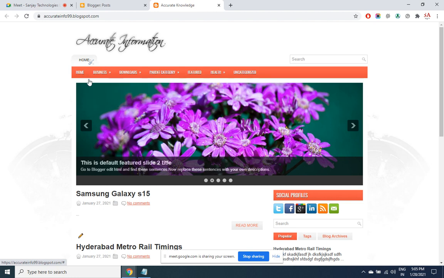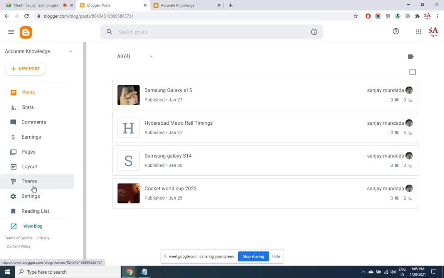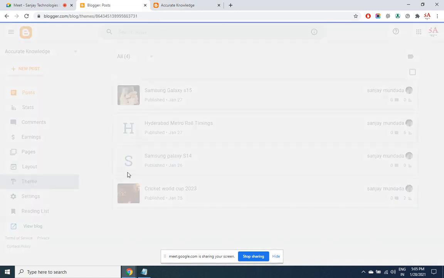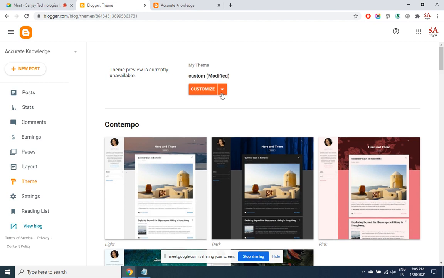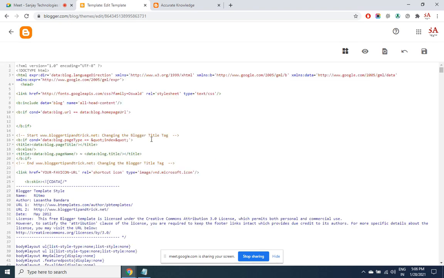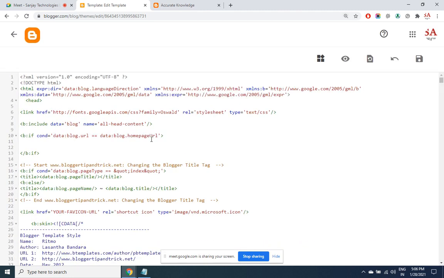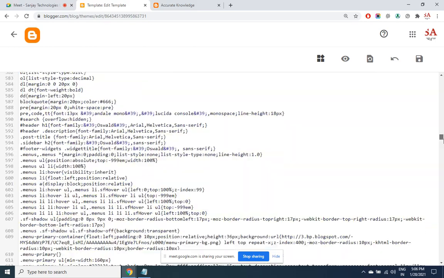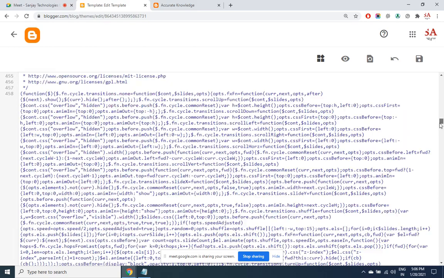Now somewhere the code is written for this menu. That's the reason why it is appearing here. Find out where it is. If I go back to the place where I had pasted this HTML code, if you remember yesterday, this is what we did, edit HTML. There was existing code, inbuilt theme of Blogger. We deleted the entire code and pasted the code that we have installed from the XML file. Let me zoom this a bit. Now this is where the entire code of the theme is present. So any changes that you want to do, you got to do it here.